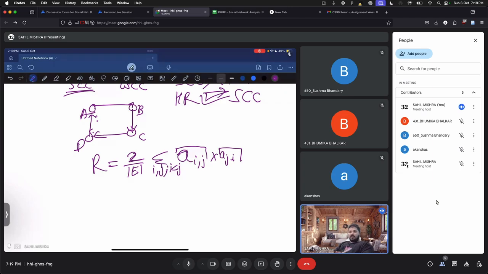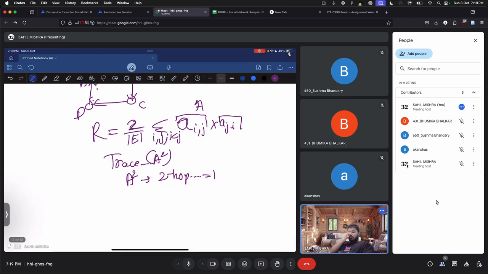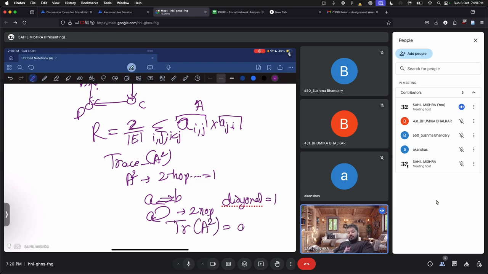We compute it for all the nodes in the graph, and that's how we compute the reciprocity. Another method is to use the trace of a square. So this is from adjacency matrix A. If I square it, this means 2 hop becomes 1. If 2 hop is there, then it becomes 1. So if there is an edge from A to B and then B to A, then this means A to A is 2 hop. So all diagonal elements will become 1. So how do we take out diagonal elements from a matrix? We apply trace operation. Trace operation on A square will give us diagonal elements